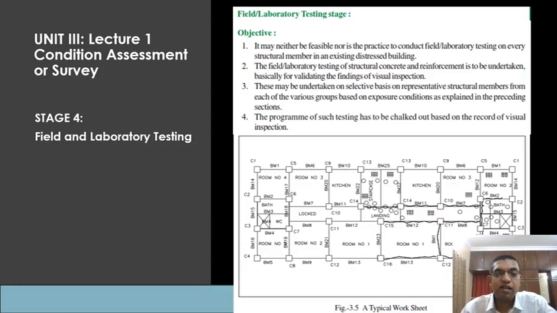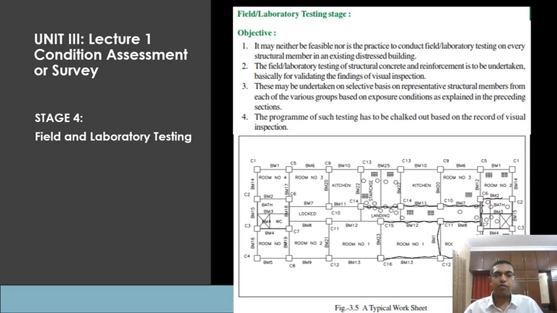Next is field and laboratory testing. Again, it is impractical and cannot be feasible to conduct a field test or a laboratory test on each and every structural member of an existing distressed building. So as we said, we make groupings of various structural elements.